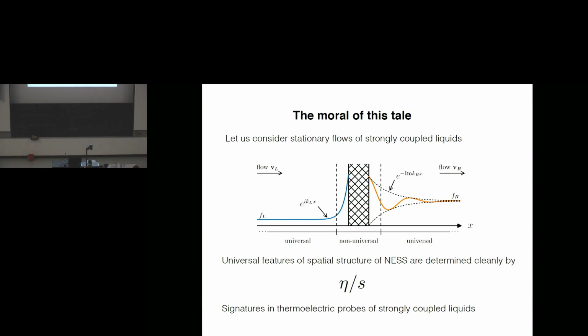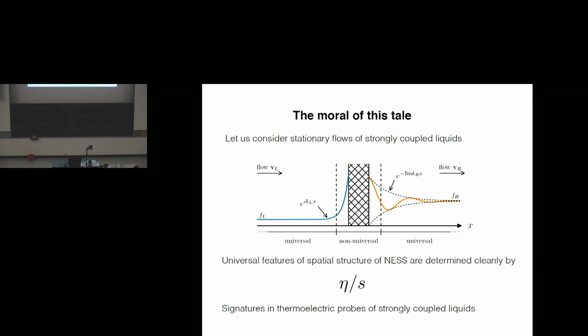In the second approach, where we look at AdS physics to learn something about non-equilibrium field theory, let us consider the simplest non-equilibrium setup that we can imagine, which is a non-equilibrium steady state. In particular, let us consider a stationary flow of a strongly coupled theory. One might be tempted to say a strongly coupled liquid over an obstacle. This is a schematic representation of what's happening. I will return to this schematic and explain in more detail what's going on.